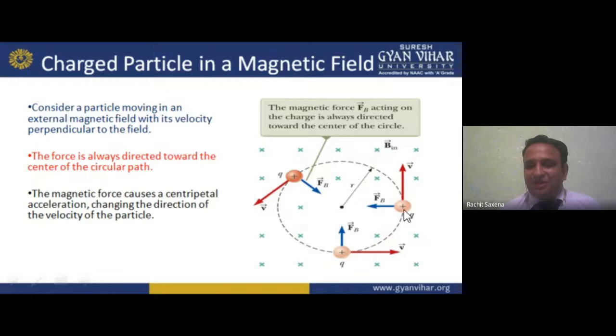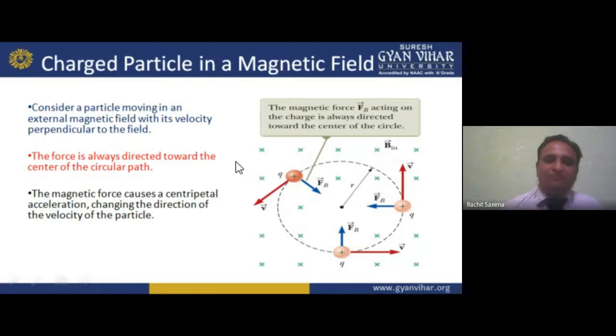If the path is circular here, we have a center. If we apply a force in it, q into v, the force is always moving towards the center of that circular path, of that circle. So it's moving towards the center of the circle. And this is the magnetic field shown by the cross. So out or in, we have two things. Dot always shows the output, so here we are representing input.